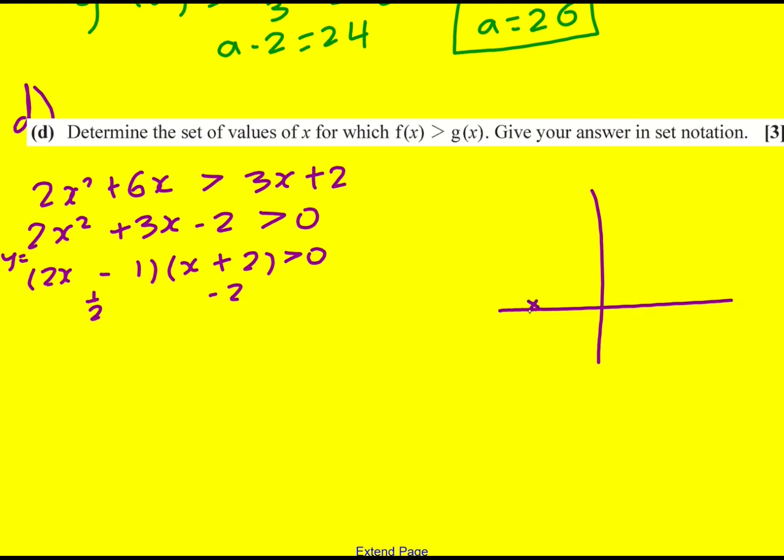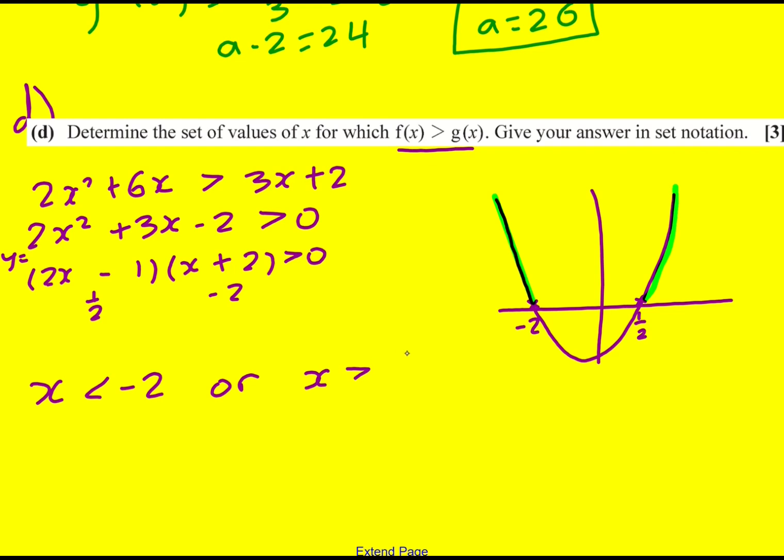So I draw my sketch, got minus 2 here, a half here, so the quadratic will look a little bit like this. Now we're interested, okay, we've gone from here, but we've turned it into a quadratic that's greater than 0. So I'm interested in where the quadratic is above the y-axis, here and here. So I've got x is going to be less than minus 2, or x is going to be greater than